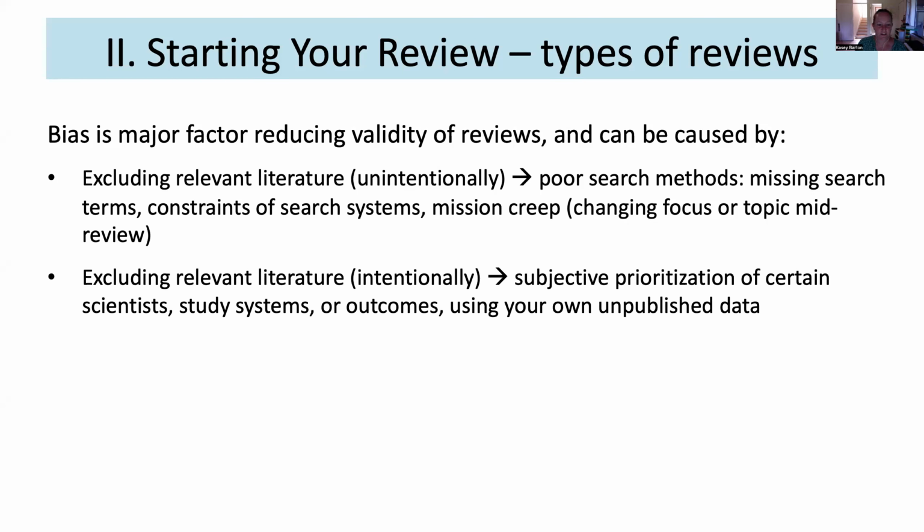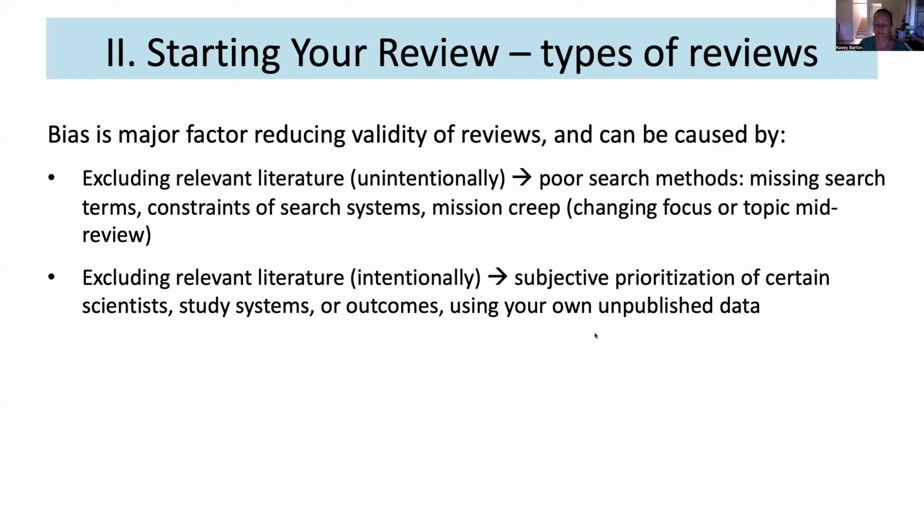Sometimes we exclude relevant literature intentionally, and this is usually associated with somebody's a priori ideas or assumptions about a topic. So there may be prioritization of certain scientists or their own work. There may be a bias in that they want to focus on particular study systems or particular kinds of data. Sometimes this is fine as long as there's transparency, right? As long as we say this is what we're focusing on, it's a subset of what's out there, then that's totally fine. If you aren't transparent about that, then the reader has no idea why some of the literature